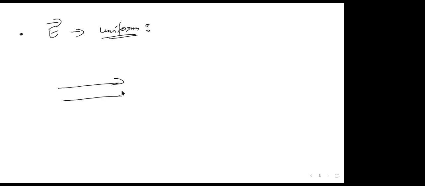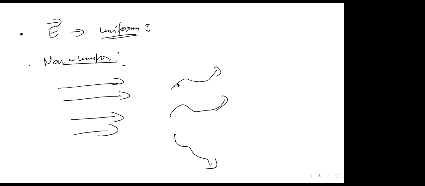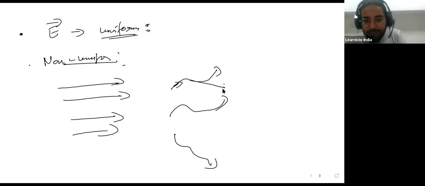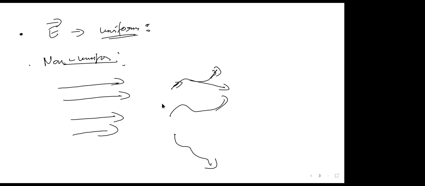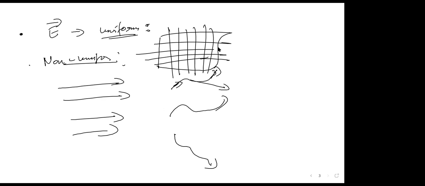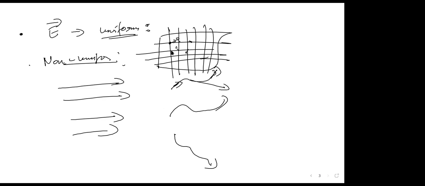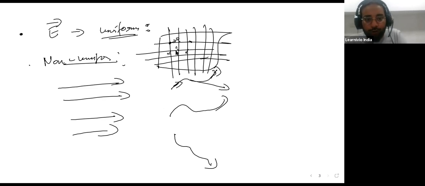Now, notice all of this is inside an electric field which is uniform. But there can also be a non-uniform kind of field, something which not only changes in direction but also changes in magnitude. The magnitude here is this much, and the magnitude here is something else. So at every point in space, every single point has a small vector associated with it. Such an example is a non-uniform electric field.